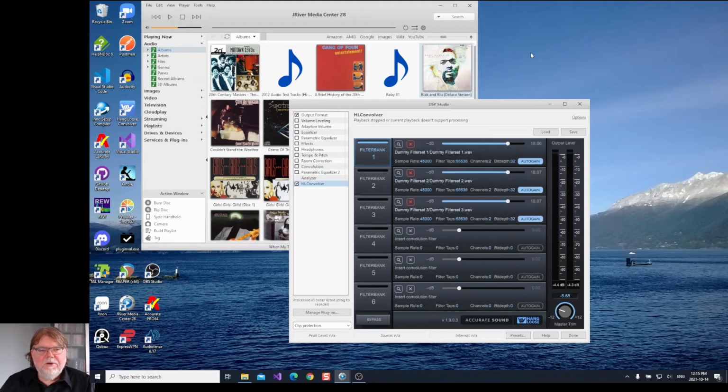What I'm showing here is a product called Hang Loose Convolver, which I developed, and it's designed for this very purpose: to evaluate high-resolution FIR filters that may also have some excess phase correction applied to the filter, which means there's a time delay. So the very first thing to understand is that in this particular convolver, it's what's called a zero latency or a 0 millisecond convolver. That means when we switch filters, we're going to be able to switch them in real time with no delay